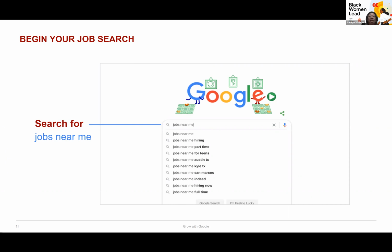You can put in a specific title like manager, content manager, technology jobs near me. So you can start your job search through just a regular job search. Nothing too difficult for you to do. So again, you would go to google.com, and in that job search bar, I should say,